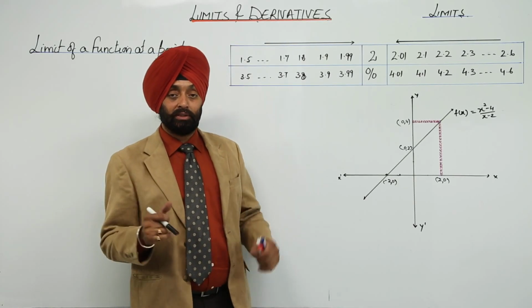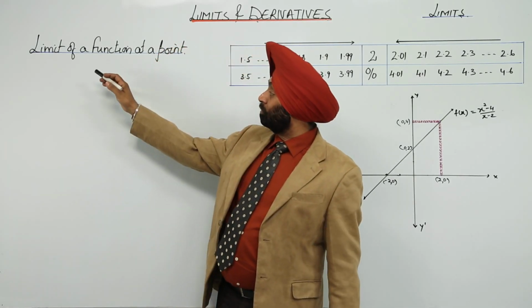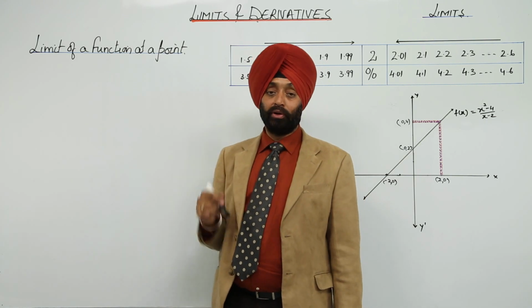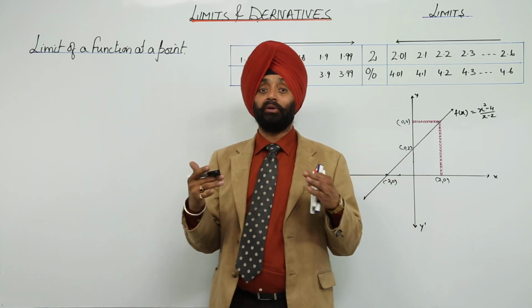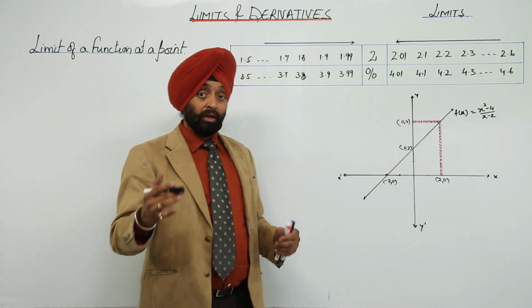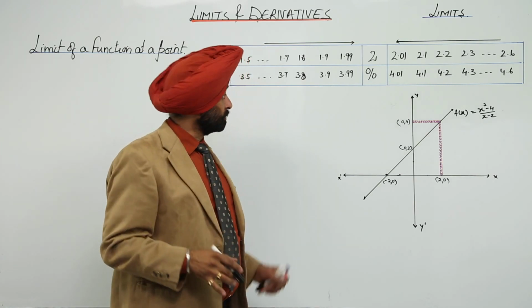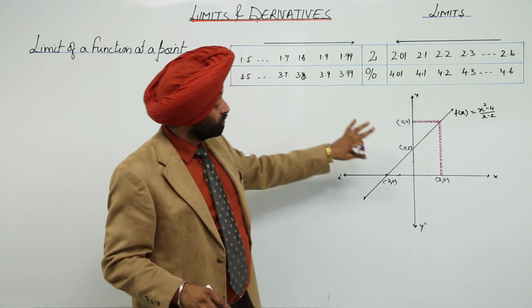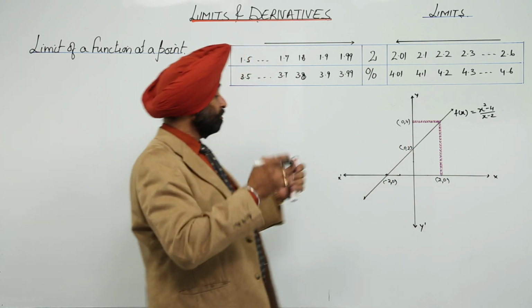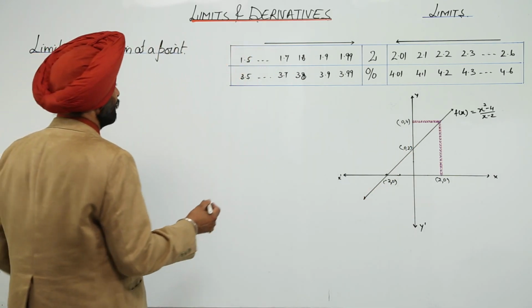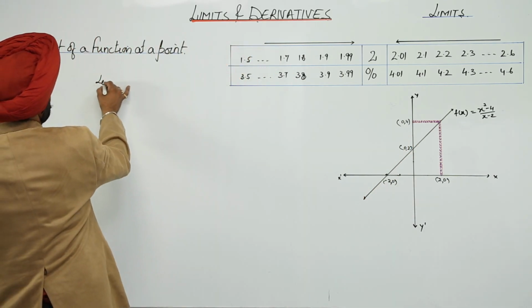Now let us discuss the limit of a function at a point. We have discussed basically what a limit was, and now at a point, what it is. I have drawn a table and a graph here, but let me tell you one thing: let us consider